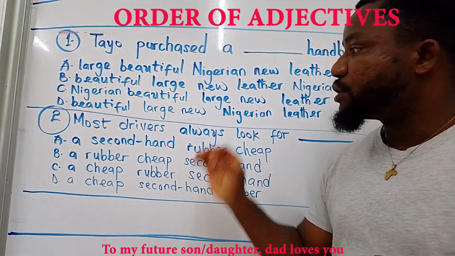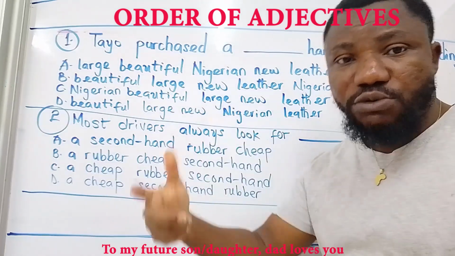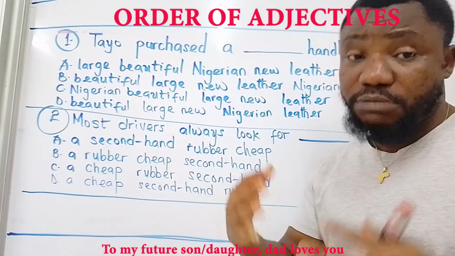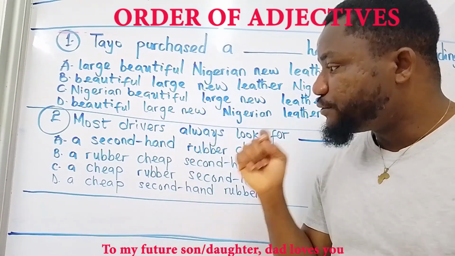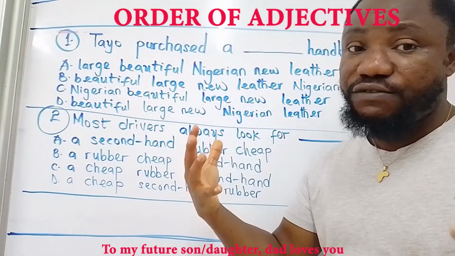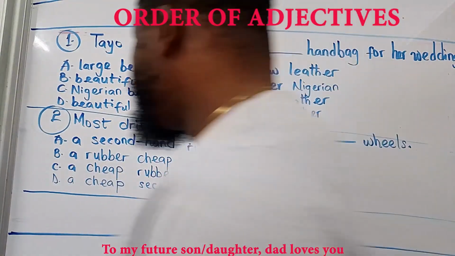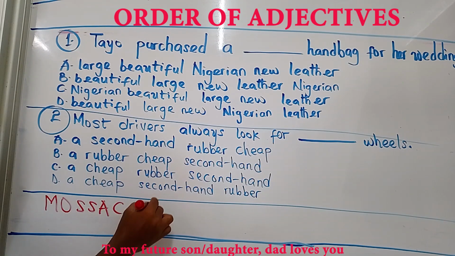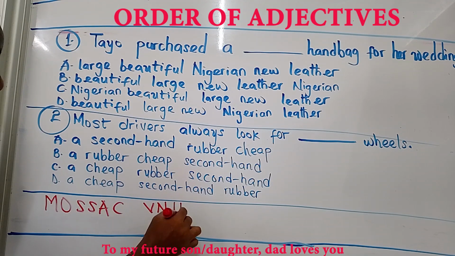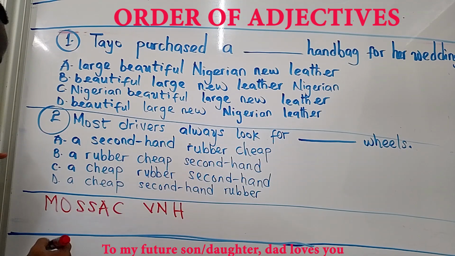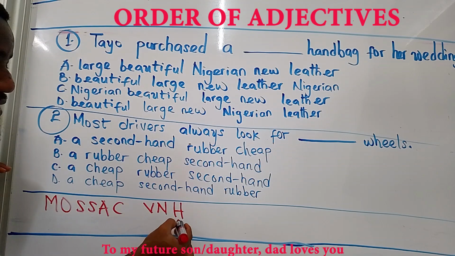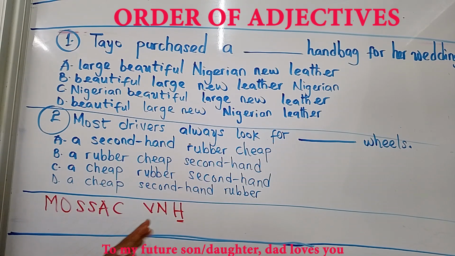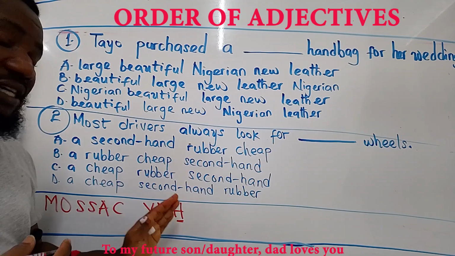Now, in my own case, when we talk about the ordering of adjectives in the English language, especially when you have multiple of them, the formula that works for me, that I found to be very effective over time, is MOSSACVNH. MOSSACVNH. Right. Okay, so first of all, the last H here is the noun being described,